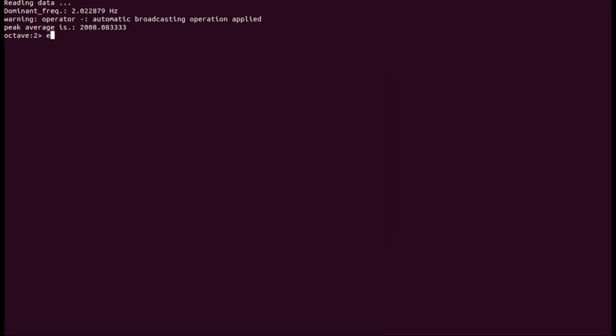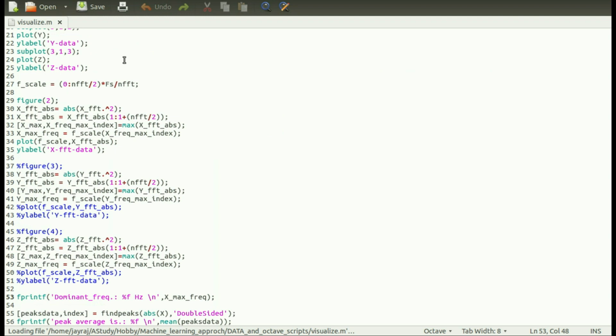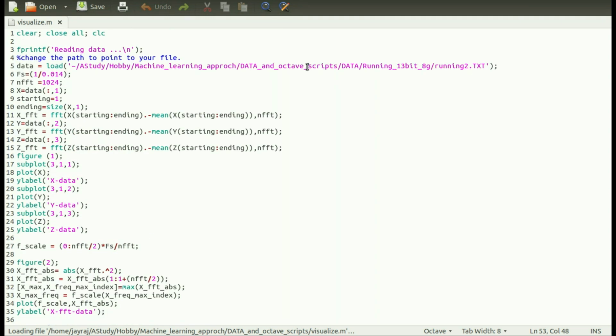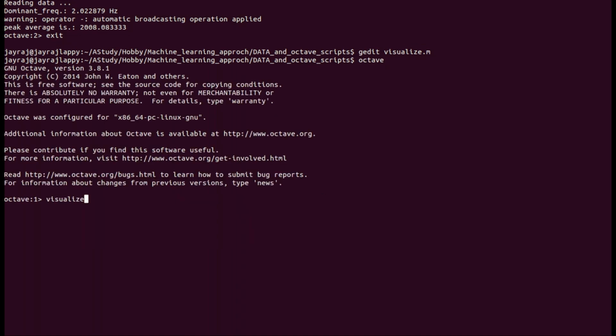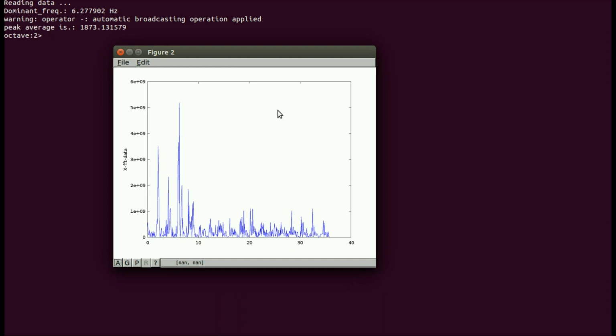I'll open up more data. Let's go to Octave. Let's set it to running 1. Close it. Octave. Visualize. So this is the FFT or power spectrum of the running data that we have.